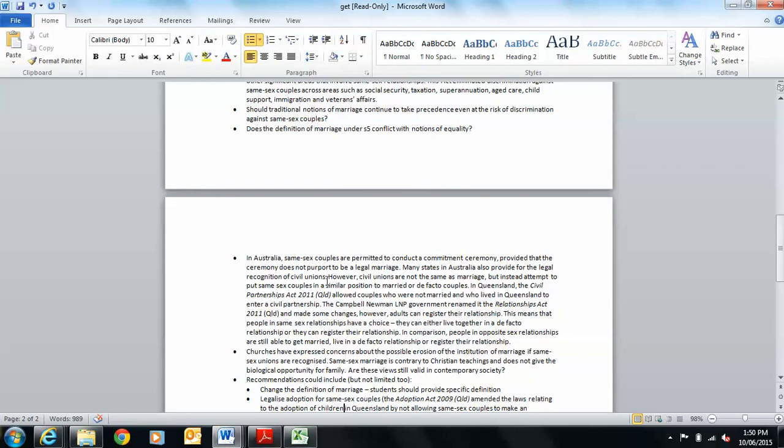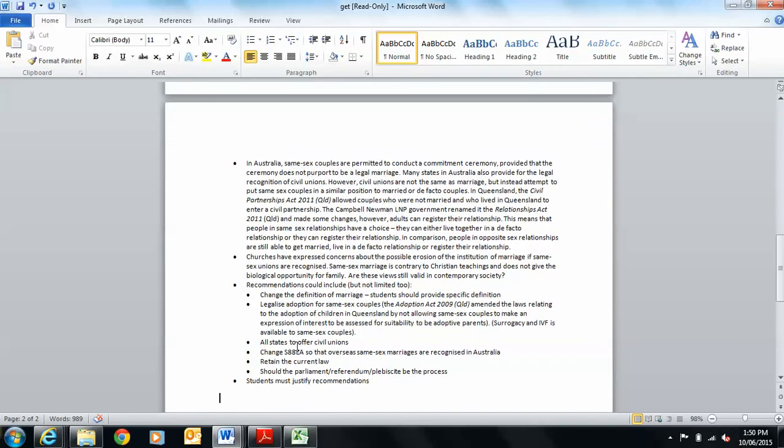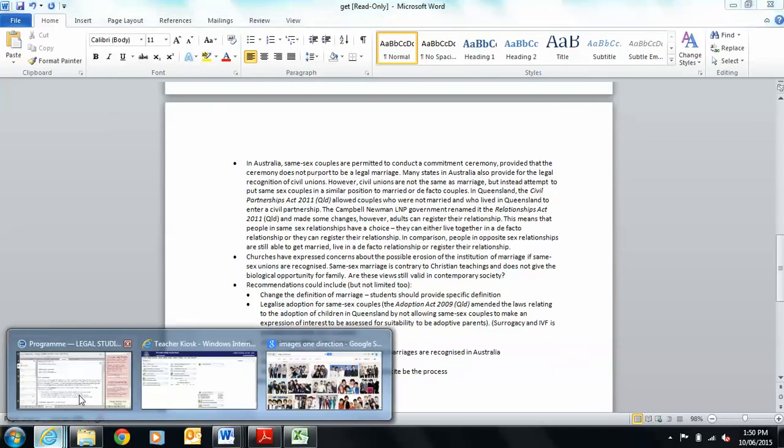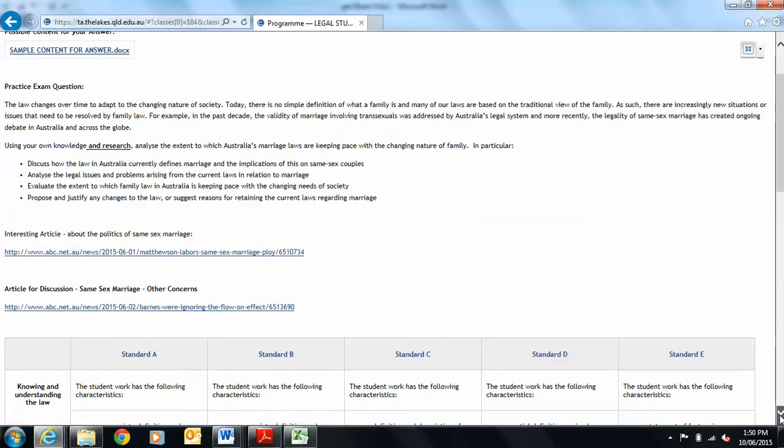And then some of the elements around the church and recommendations that you can make. So there's a bunch of things, if you're familiar with them, that will help you cope and answer any questions. All these things, remember, are on Sector. The last thing I want to take you to is the criteria, which I've popped onto Sector, and I'm hoping I can scroll down and show it to you here.